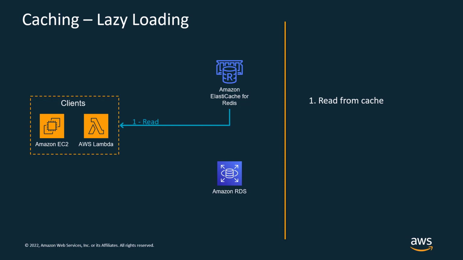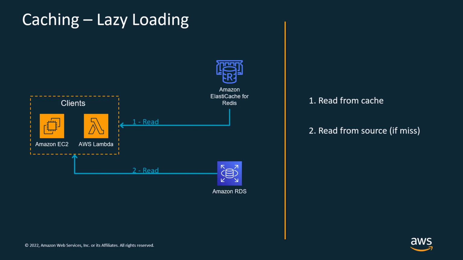Then it will first check Amazon ElastiCache to see if the data is there. If data is there, then it will read from the cache, which means it is a cache hit. So your application receives data super fast. But if the data is not there, if it is not in the cache, then it needs to go back to the database,